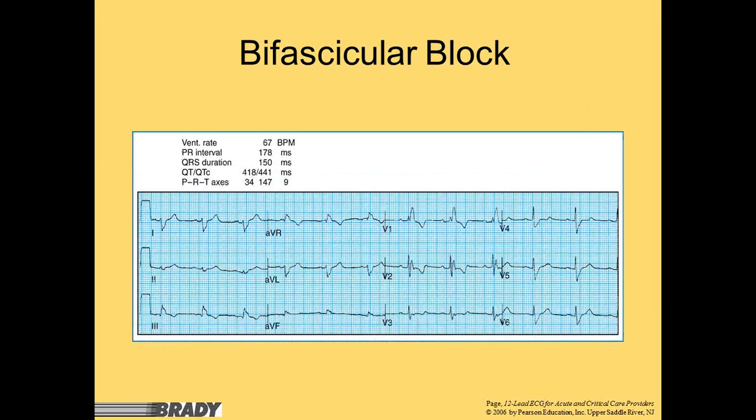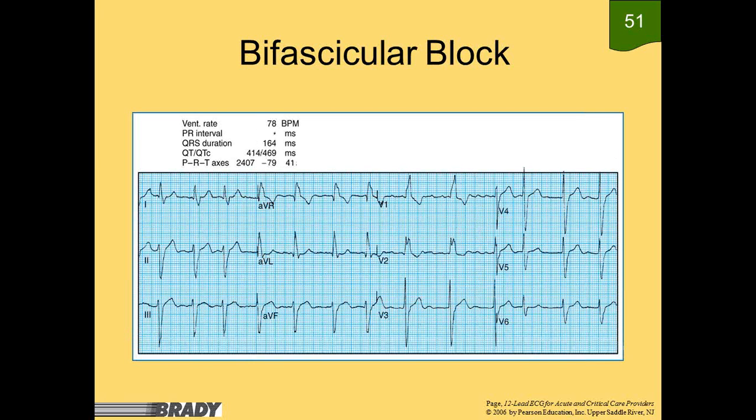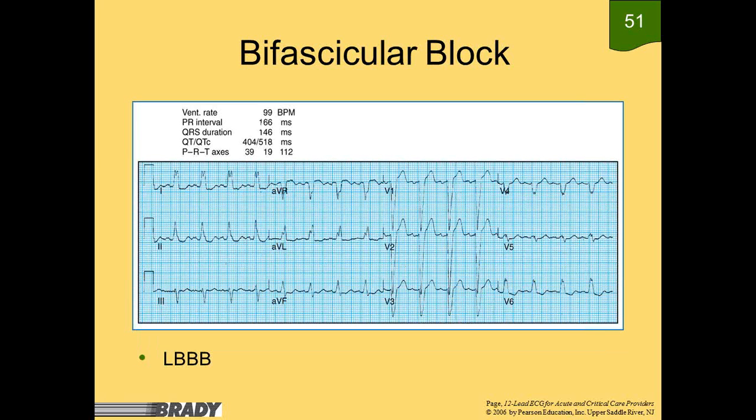So there are some more here for you to work through. You can see this one is a left bundle branch block. But let's look at the rabbit ears on lead 1. That would be an indicator that we've got a bundle branch block. Okay. Oops, I'm sorry. So let's look. We've got up, up, and down. So up, and down